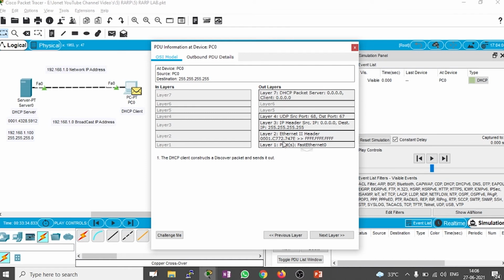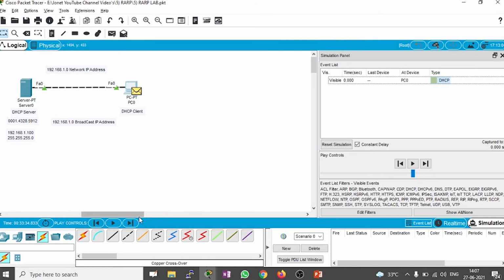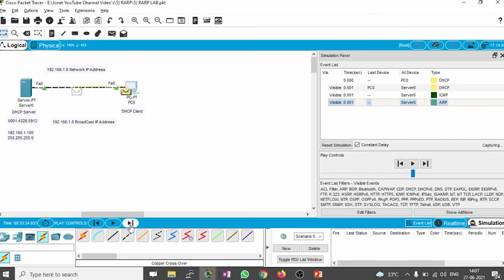The client uses its own MAC address, 0001.C772.747E. Now it is also trying to find the layer 2 MAC address for the DHCP server, so it is using FFFF. Now select forward. Now the packet will be moved to the server.